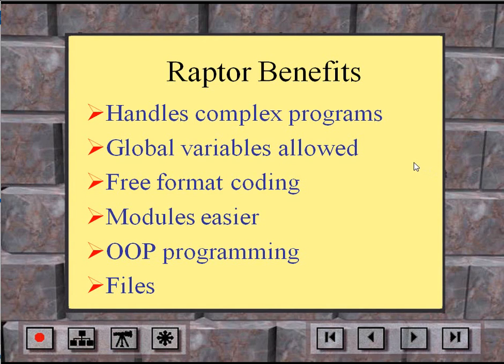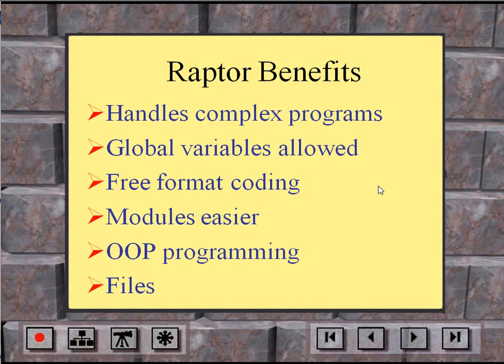Another benefit of Raptor, if you like to use global variables in demonstrating some things, actually it just makes things a little bit easier in the beginning. You can use global variables, but global variables aren't always a good idea. So we'll talk more about that as you get fully into programming. Raptor is a little more free format in its coding. In other words, it's not as strict as a flowcharting tool like Flowgorithm, but you think about it, your strictness comes out when you get to the actual programming